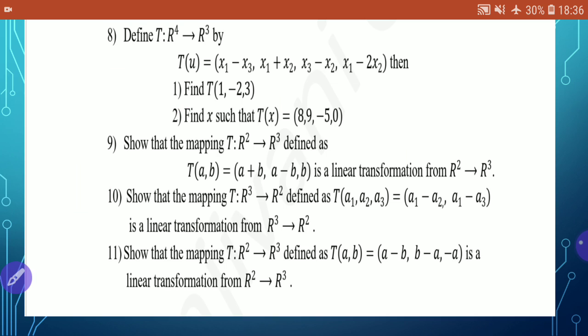Do some practice of examples, and definitely you will understand this topic, linear operator. This is a very easy topic. So that's it from lecture number 6, and that's it from the vector spaces. In the coming lecture we are going to start the remaining half of unit number 3, that is inner product spaces. I hope you have understood whatever things we have discussed so far on vector spaces.